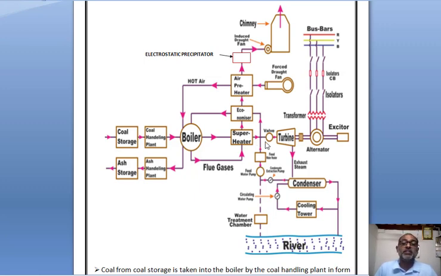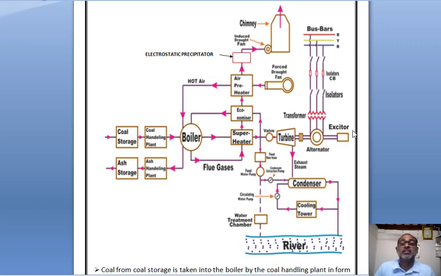Now this steam is used to rotate this turbine. That means the turbine is rotated by this dry steam. Now here you can see one alternator is mechanically coupled with this turbine. So your alternator is rotated. That means the alternator converts mechanical energy into electrical energy. Here this turbine produces mechanical energy, and this mechanical energy is applied to this alternator, which converts mechanical energy into electrical energy.